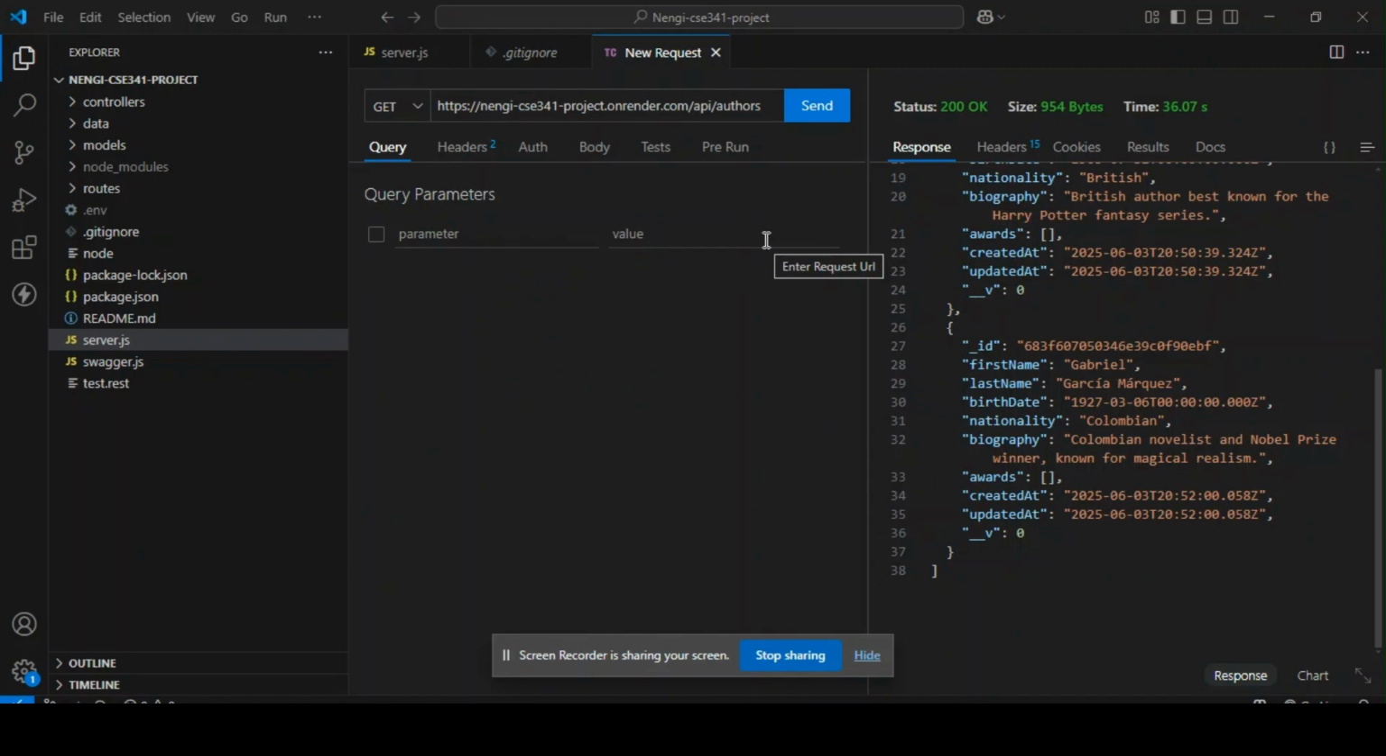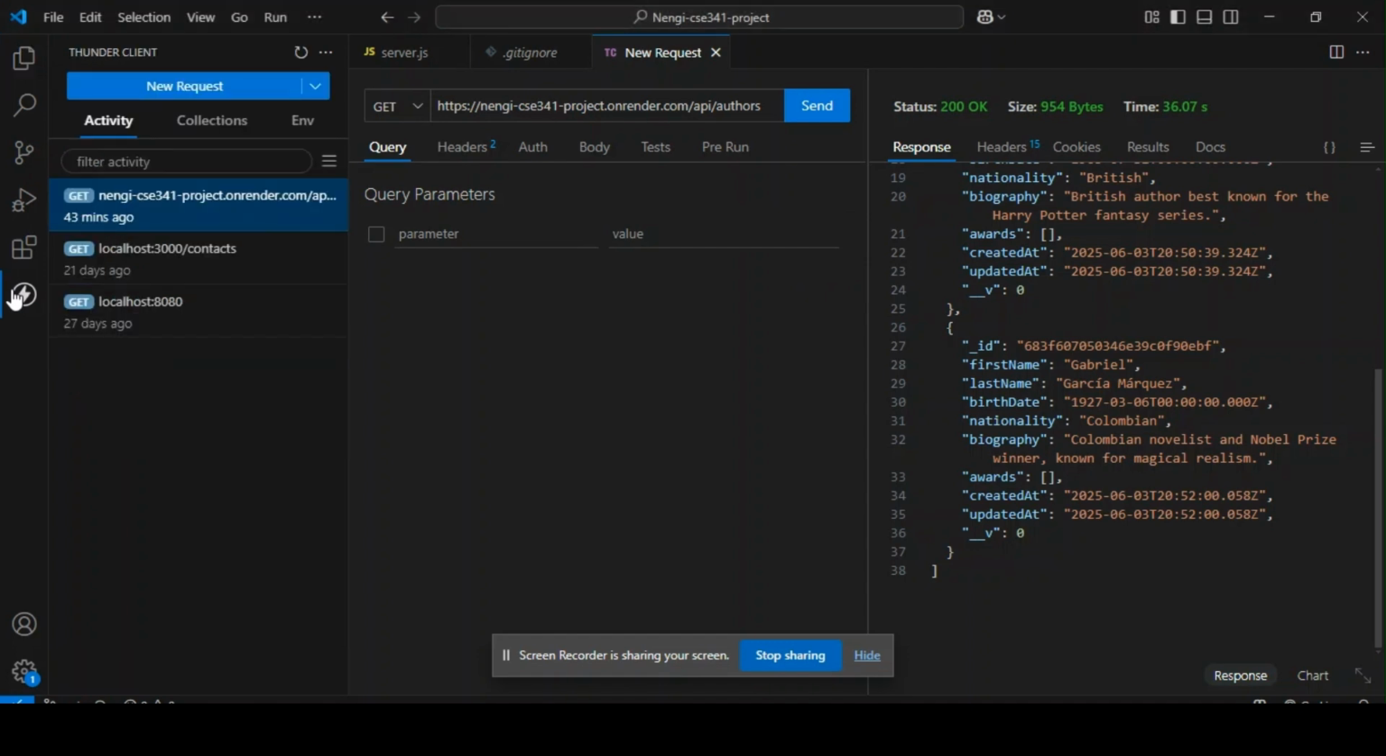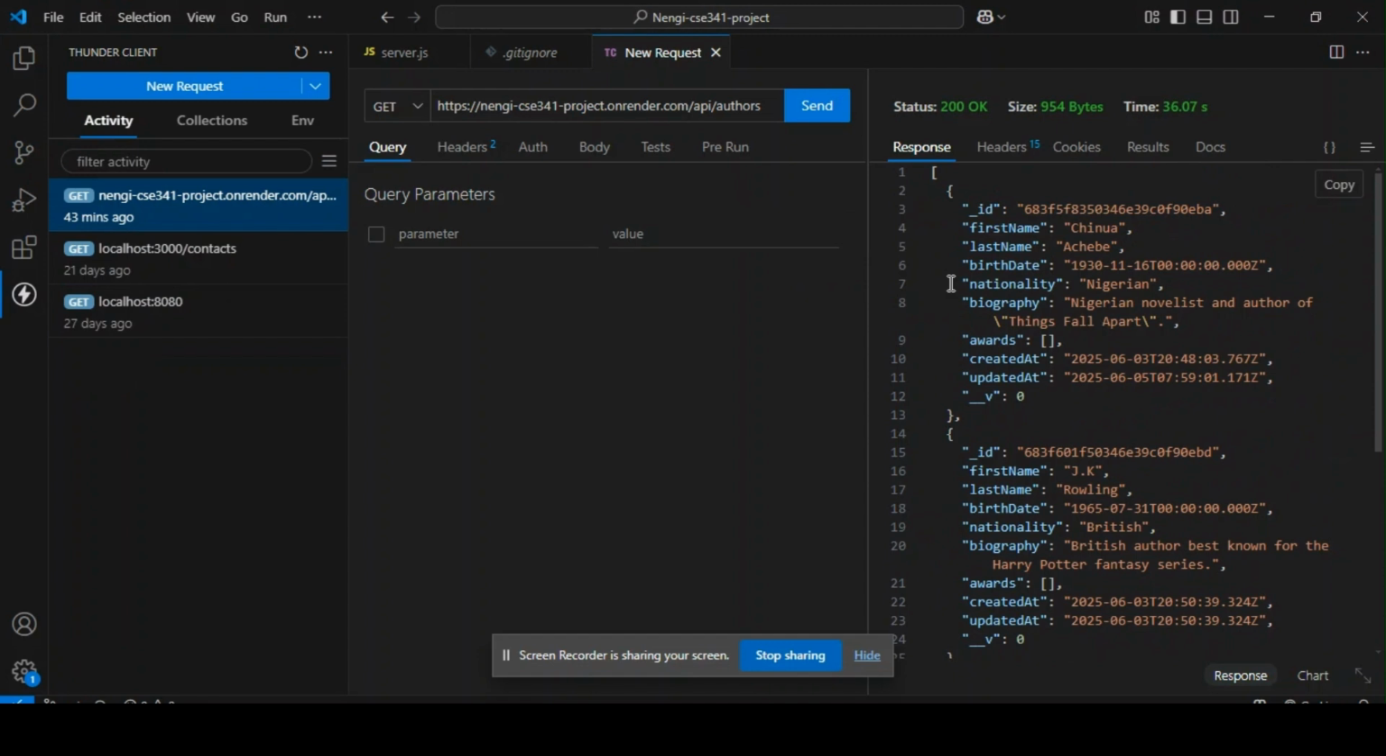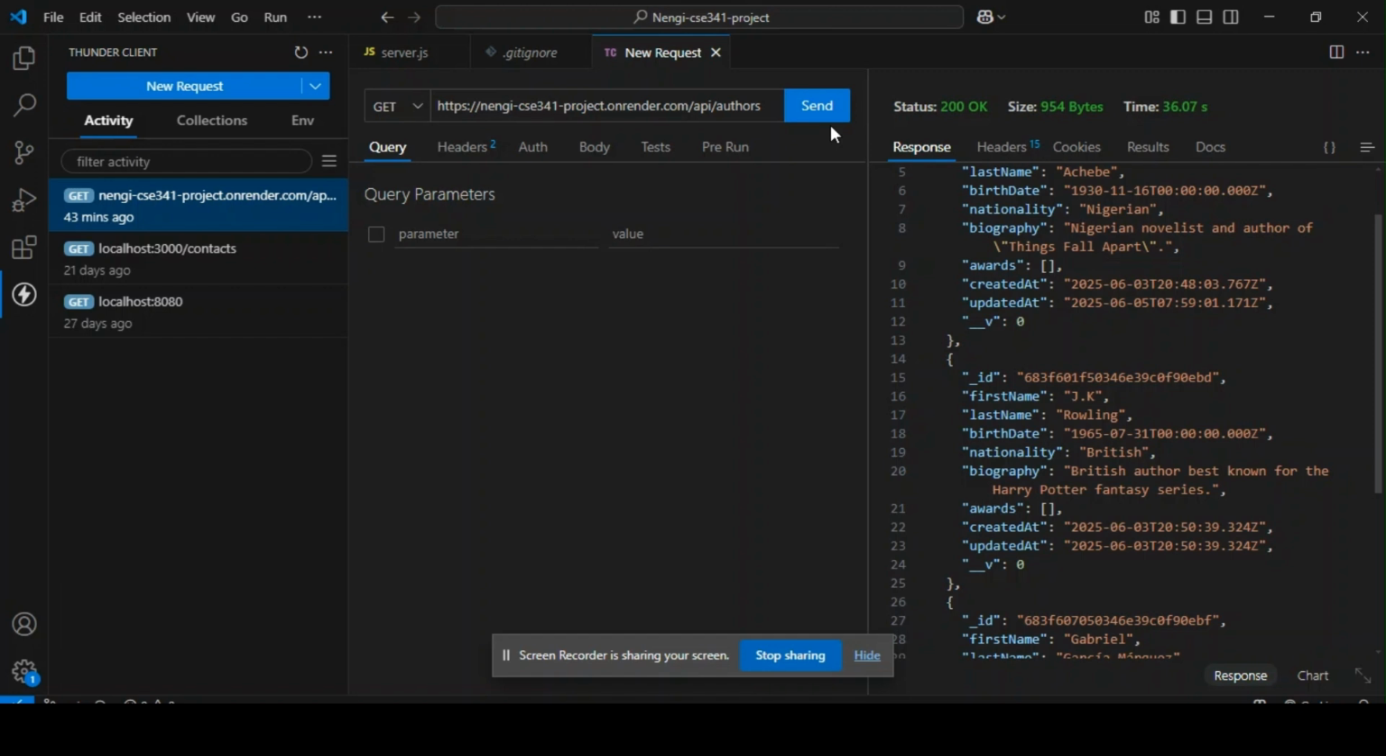So basically, I'm already on my Thunder Client page, and I've already used the GET request to fetch my authors data, which is also displaying in here. As you can see, I inserted three authors and their biography, nationality, birth date, last name, and first name. Three different authors. So I'll use the GET function to also fetch the books